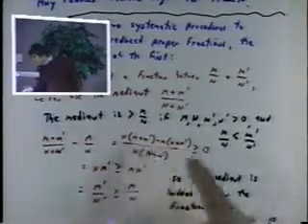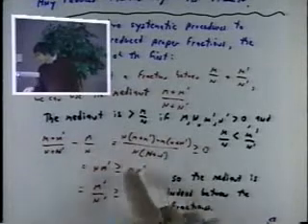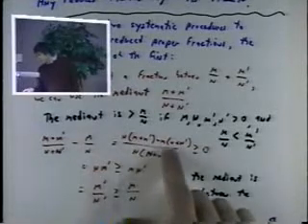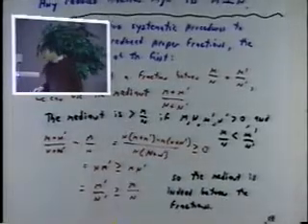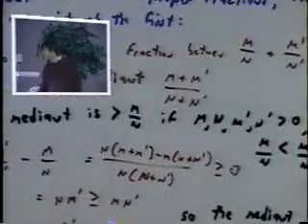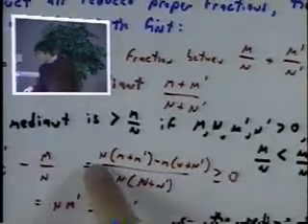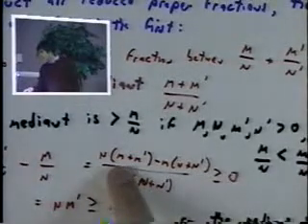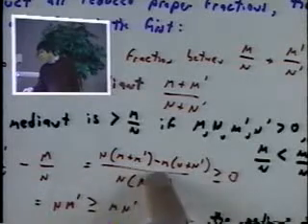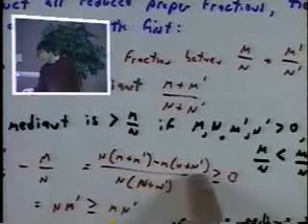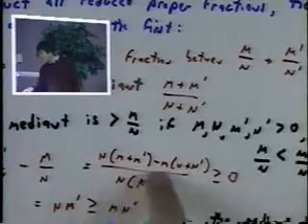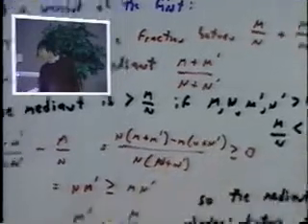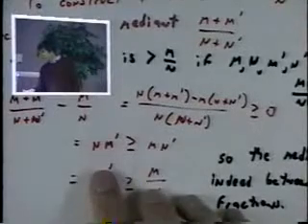Okay, if that's true, what we really want to do is to say that the numerator has to be greater than 0. Is this numerator greater than 0? Let's take a look at it quickly. This numerator is n'm n times m' plus m plus m' minus m times n' n'. There's an mn in common here, so we can cancel plus mn and minus mn,